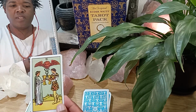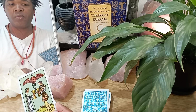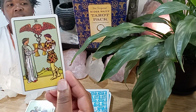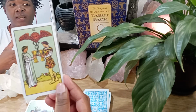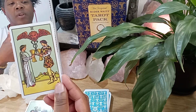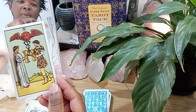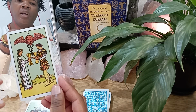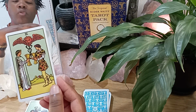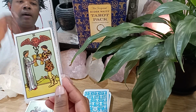So be on the lookout. And if you've maybe been saying, oh, nothing is going to happen for you, well, maybe it's about to happen for you. The Two of Cups, it's about energies coming together again, energies uniting, soul family connecting, could be a beautiful connection in love. It also, it's that positive amplification of energy that everything just gets better as a result of it. So this could also indicate an improvement in health, an improvement in wealth, an improvement in well-being,